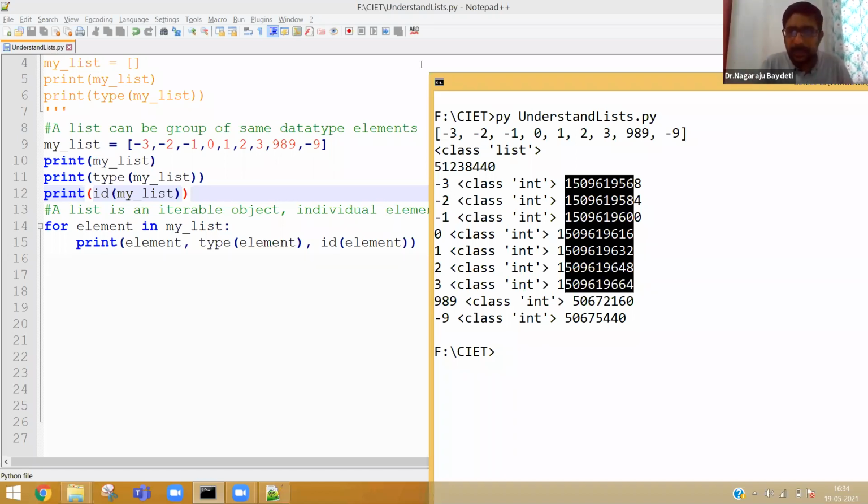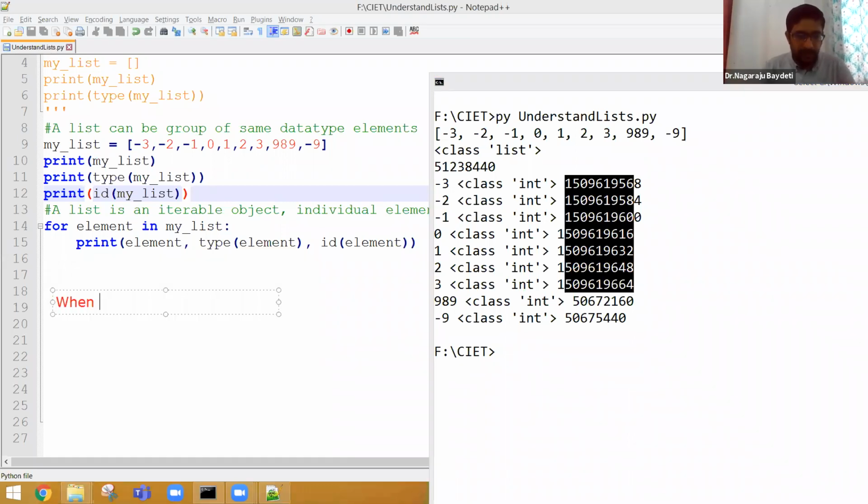Let me just type and explain so that it is easy for you for notes also. See, when we define my list with the values -3, -2, -1, 0, 1, 2, 3, 989 and -9, that's correct, right?